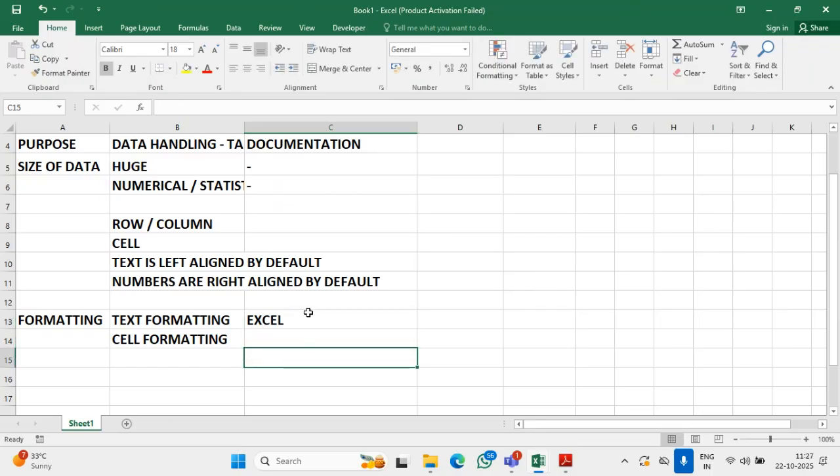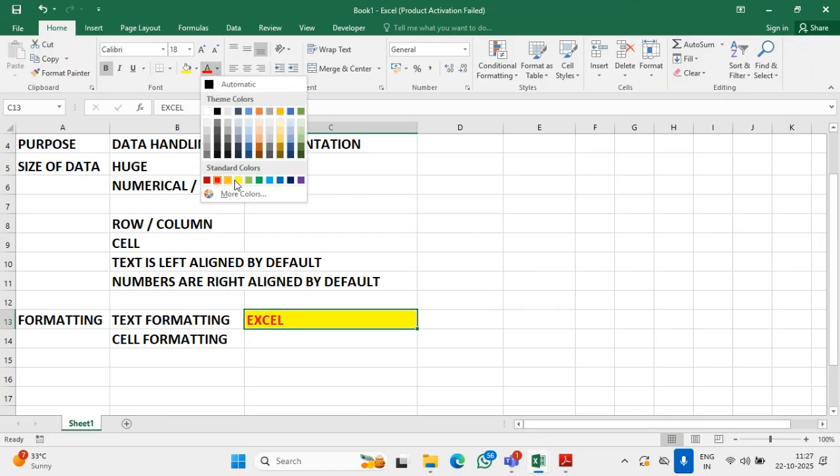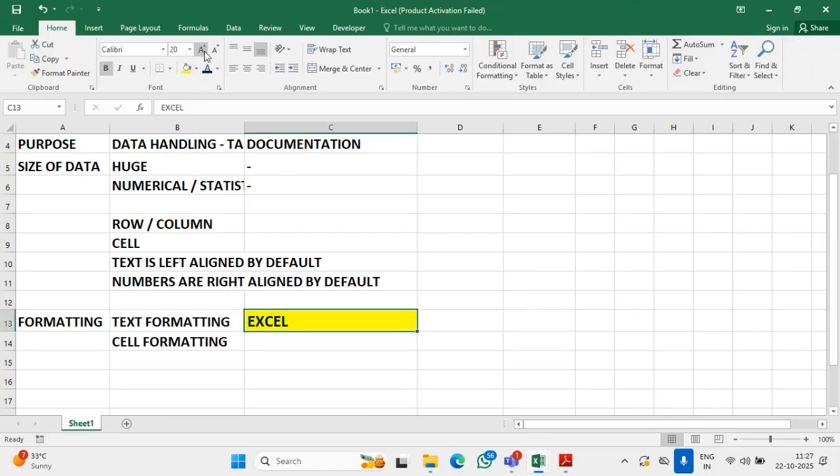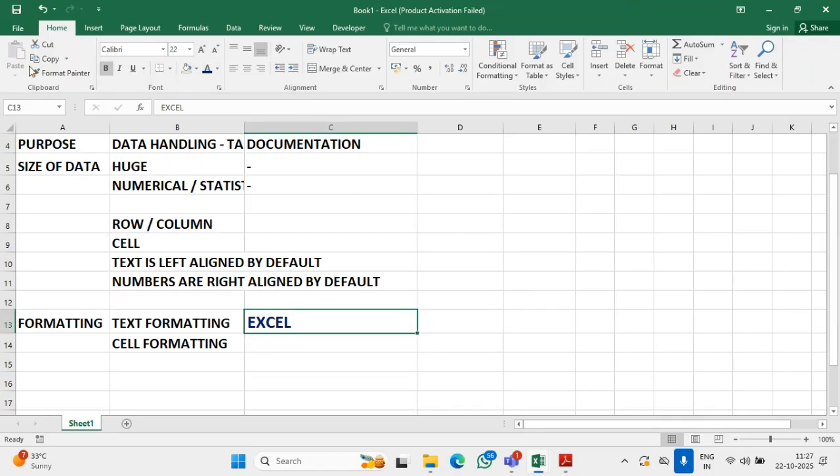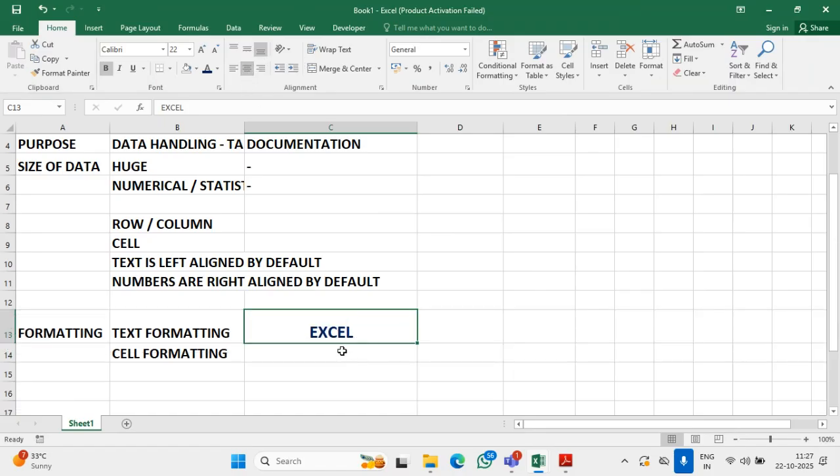I type Excel. On this, I'm making something. These things are there. Say font color I'm applying. I'm increasing the size. Sorry, no, fill should be there. And I'm aligning it in the center. So this is text formatting. Okay. Now,